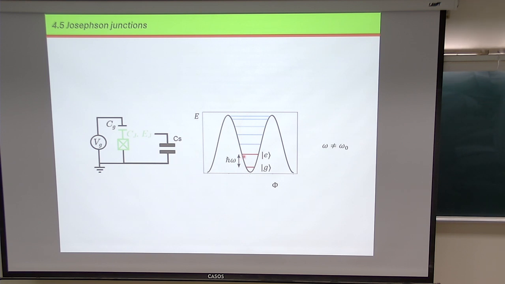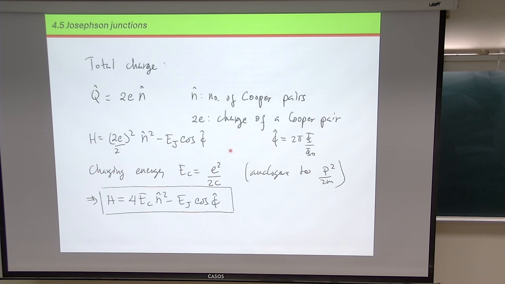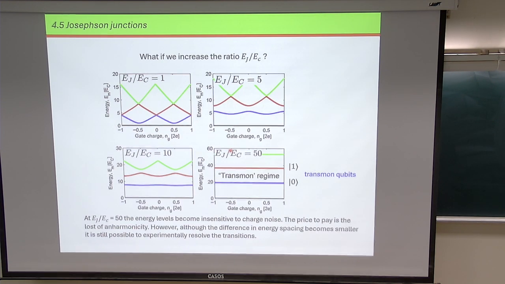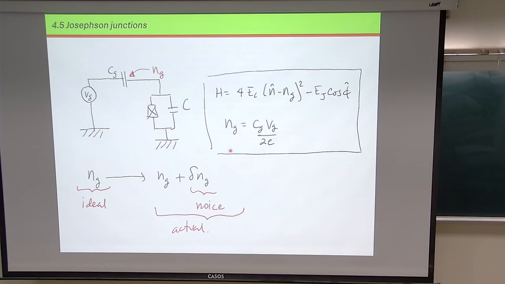There are actually different kinds of qubits. This is an example of how to build a charge qubit, but there are also flux qubits, and there are dozens of different kinds of qubits that you can make with superconductors, and all of them involve Josephson junctions. So they are essential for these superconducting qubits. I will skip a little bit of this. Let me see. Okay, just to mention, there is a problem with the